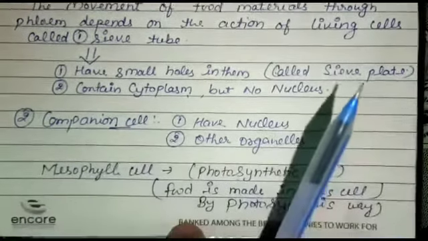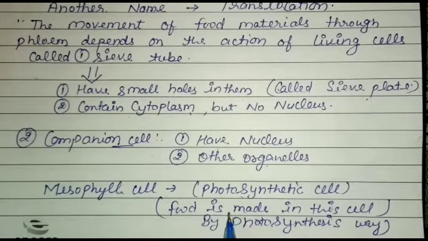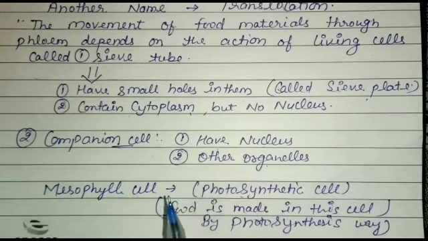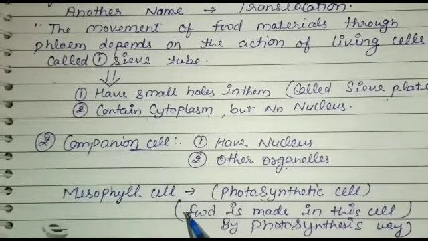We know that the food is made in the mesophyll cells, or photosynthetic cells. The food like sugar made by the mesophyll cells of a leaf enters into the sieve tubes of the phloem. Interconnected phloem tubes are present in all parts of the plant. So once the food enters the phloem tubes in the leaves, it is transported to all parts of the plant by the network of phloem tubes present in all the parts of the plant, like stem and roots.